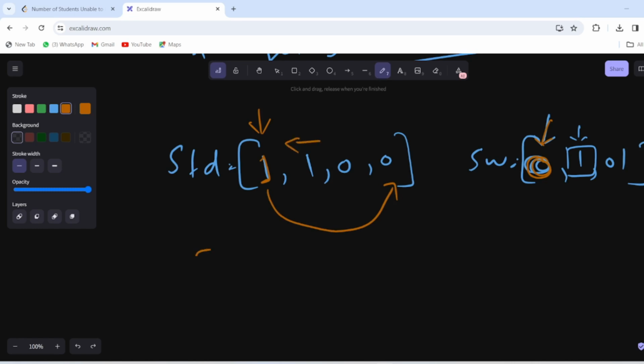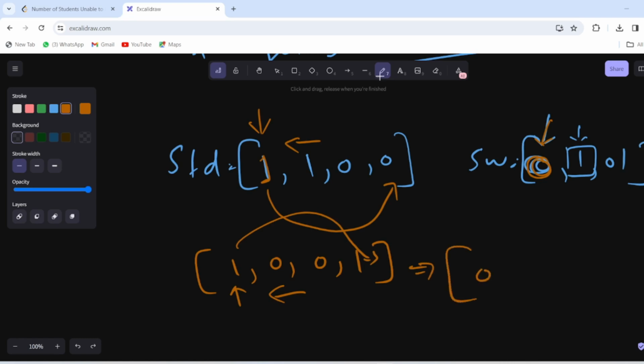So now the student array will become 1 0 0 and again 1. Now check the preference of this starting student. No, the preference is not completed, meaning the need is not fulfilled. Thus it will go to the back of the queue and the queue will move forward.